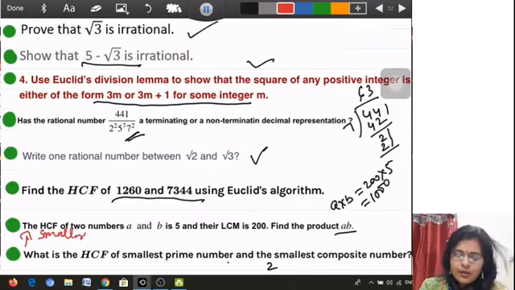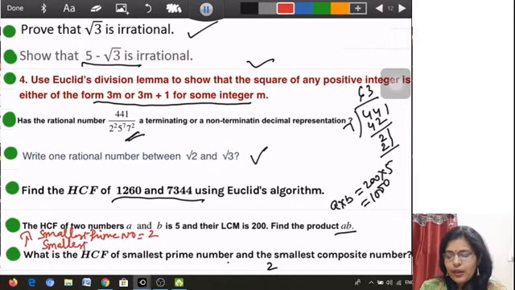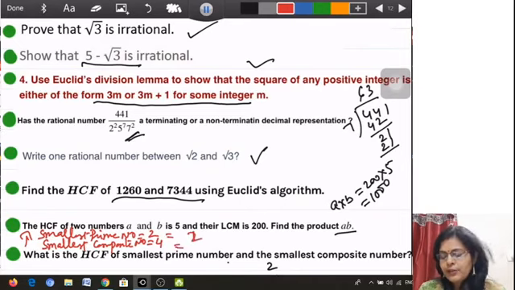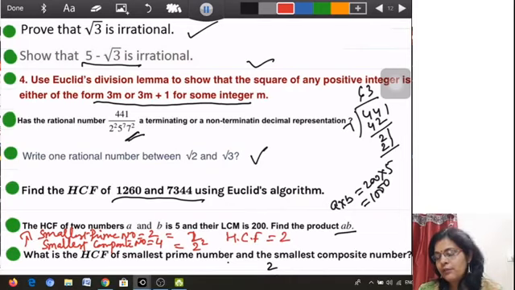Smallest prime number is equal to 2 and smallest composite number is equal to 4. So what will be the HCF? 4 is 2 square. HCF takes the smallest powers. So HCF will be 2. It is very simple, but sometimes children get confused and they don't write the